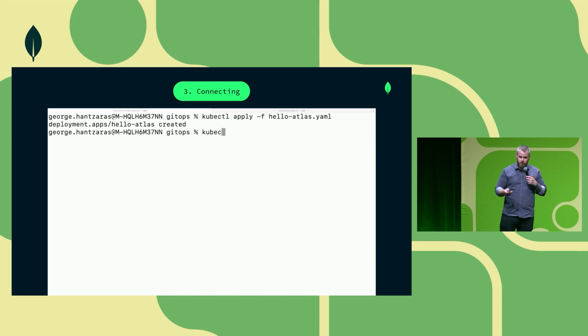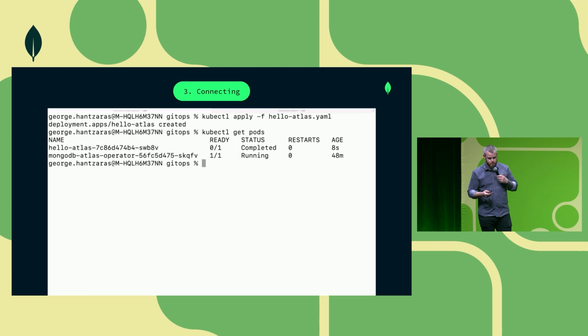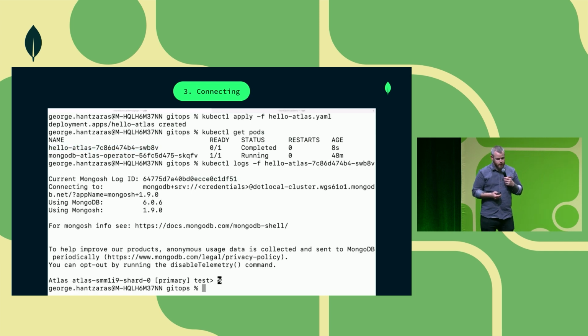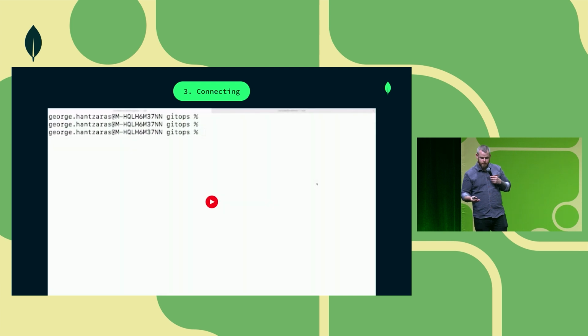If we get the name of the pods, and then we get the logs, we should be able to see a successful prompt that shows a successful connection to our database. So there we've got the pod name, and if we pull the Kubernetes logs for that pod, we will be able to see a successful connection prompt there at the bottom, showing just how easy it is through this kind of workflow to not only set the workflow up, but also create a cluster, a project, a user, and actually get an application connected to your database in a Kubernetes environment.